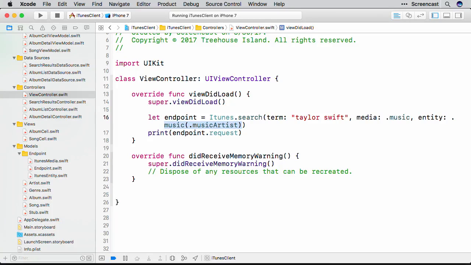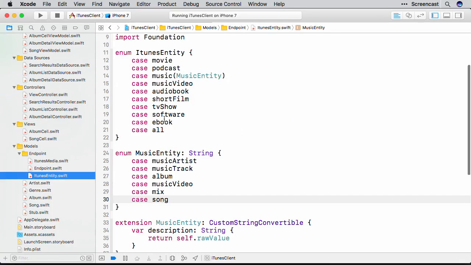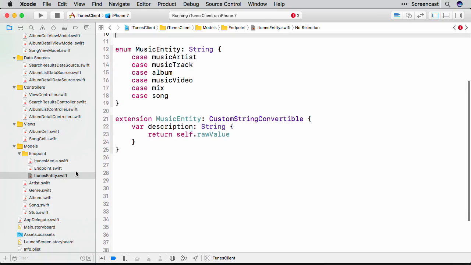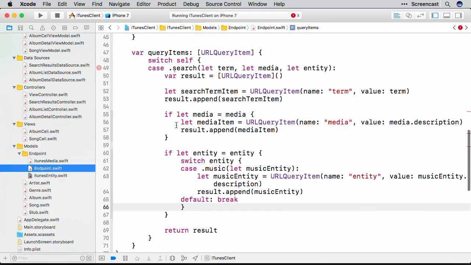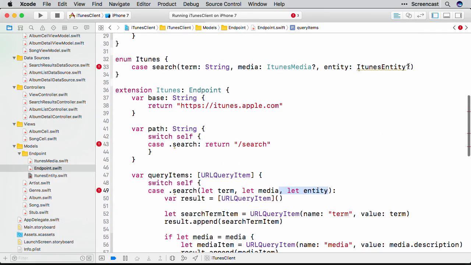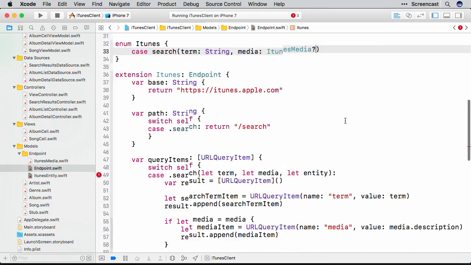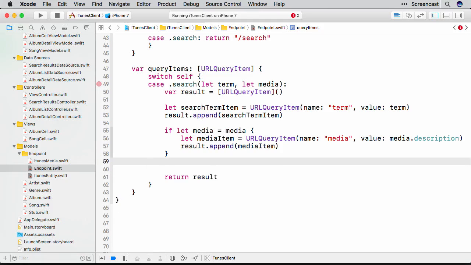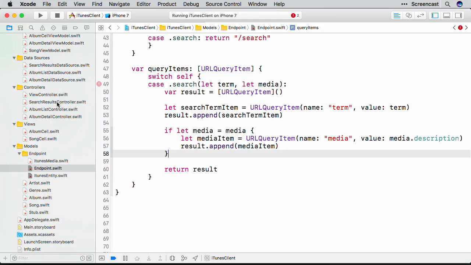Instead of using an enum to represent all our top-level entities, let's go back to iTunes Entity and get rid of this type altogether. Also back in iTunes, the enum, let's remove the associated value that we added. So right here. And let's clean up any errors that pop up because of that. So we'll get rid of it in the associated value right here and this block of code. And then finally in ViewController.swift,